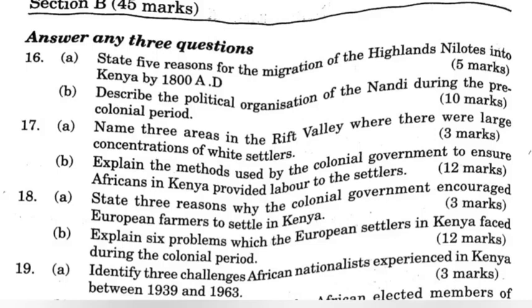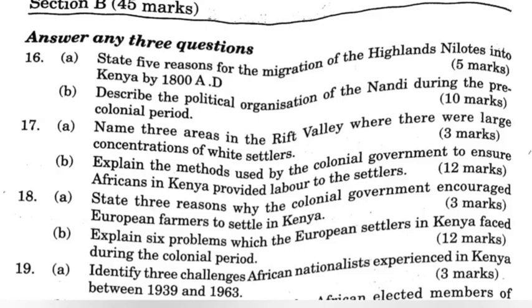Question 16b. Describe the political organization of the Nandi during the pre-colonial period. 1. The Nandi political system was based on autonomous political units known as the Pororosiek, singular Pororiet. 2. Each Pororiet was made up of several clans. 3. Each Pororiet was under the influence of a Council of Elders, whose duty was to maintain law and order. 4. The Council of Elders settled disputes relating to welfare, land and cattle, or crime. Their decisions could not be challenged, for they were final.